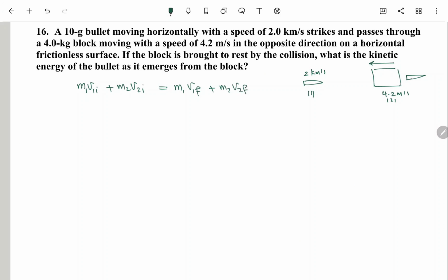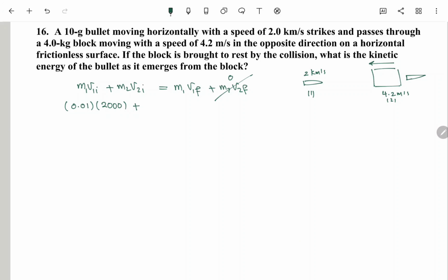And as mentioned in the question, the block after the collision is brought to rest, so this one will be equal to 0. When we substitute the numbers, m1 is 10 grams, it has to be in kilograms, so it's 0.01, times the speed 2 kilometers per second, and it has to be in meters per second, or 2000 meters per second,